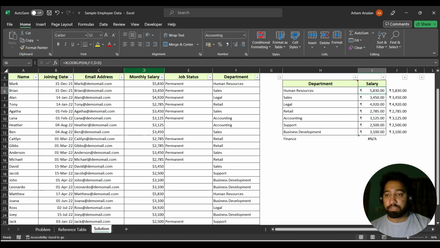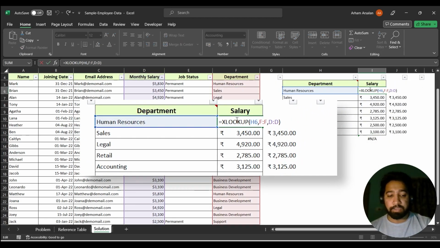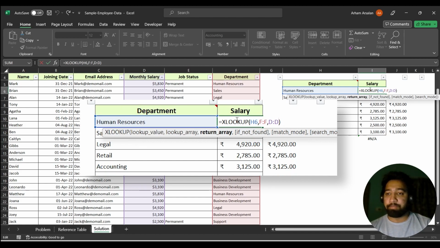So in XLOOKUP, what it offers is, if that data is not found, I can give a prefixed text or a message, or I can build a further formula into it, which will be an advanced thing to show, but let me show you how it works right now. So instead of getting this error message or the NA message, I can give